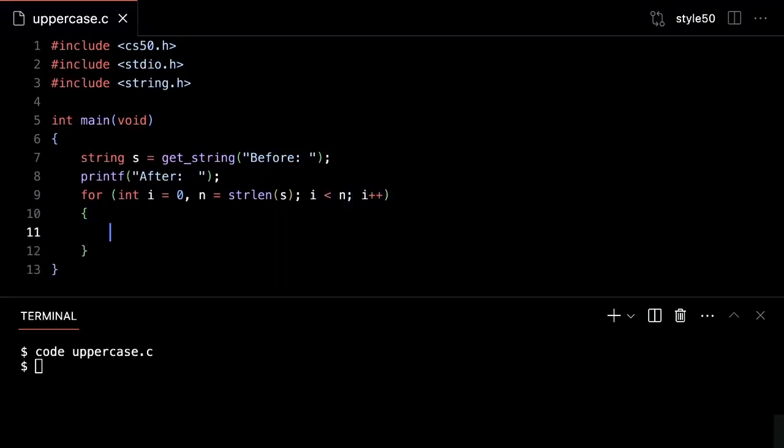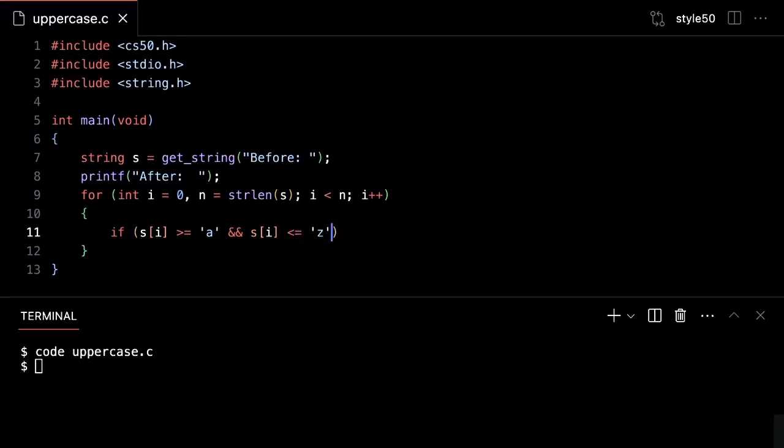And then inside of this loop, what do I want to do logically? I want to force these characters to uppercase if they are in fact lowercase. And so how might I do this? Well, there's a bunch of ways to express this, but I'm going to do it maybe the most straightforward way, even if you've not seen this before. If the current letter in the string at location i, because I'm in a loop starting from 0 all the way up to, but not through, the string length, is greater than or equal to a lowercase 'a' in single quotes, and that letter is less than or equal to a lowercase 'z'.